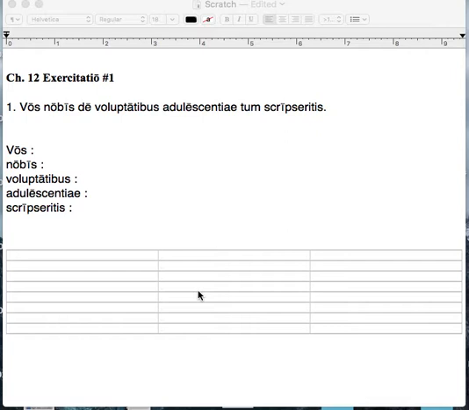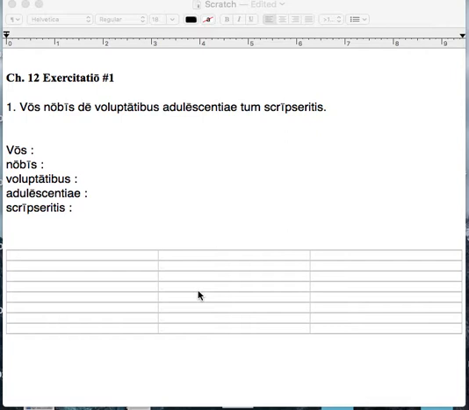So when we come across a sentence, remember it's a good idea to start by reading the whole sentence, preferably out loud, and preferably out loud in the company of others because it freaks them out. So, here we go. Vos nobis de voluptatibus adolescentiae tum scripseritis. So remember, when we translate, we want to start by finding the verb and then the subject